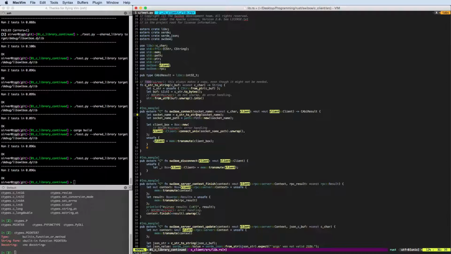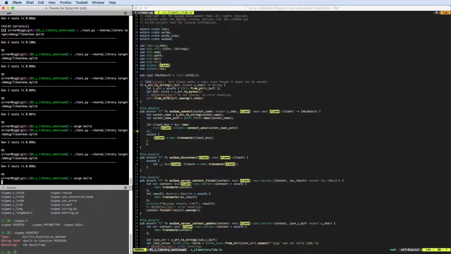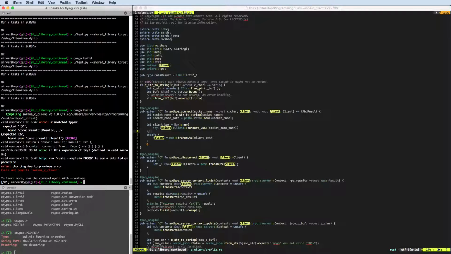Probably we should start out with, well, let's start out with this one, right? Basically, what we would like to do is something like we do a try call here instead of unwrapping. And now it will actually complain that it doesn't know how to do the try, because there is no way of converting whatever we return here into a